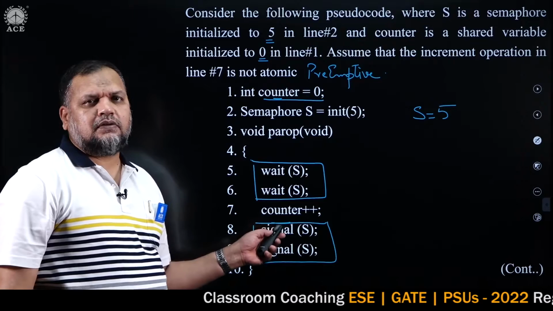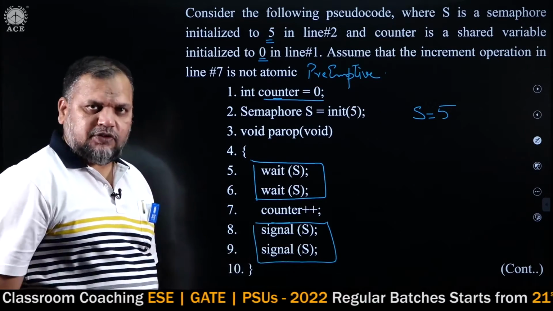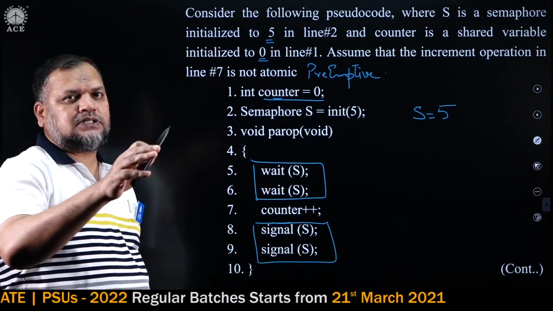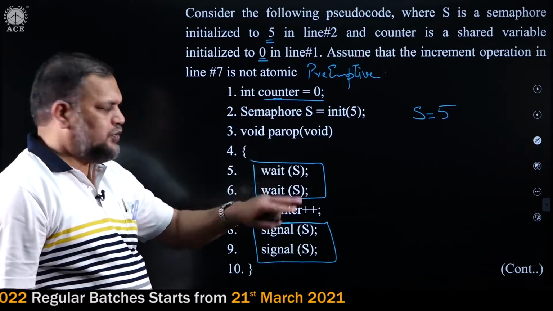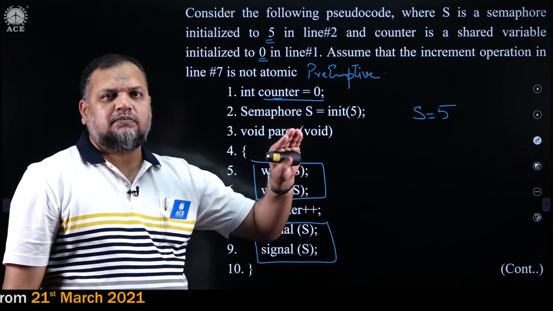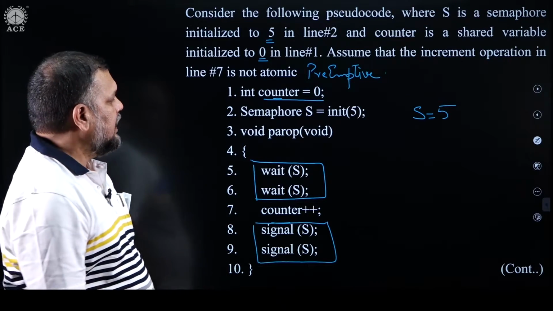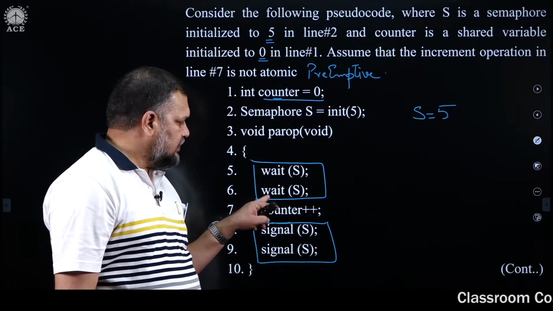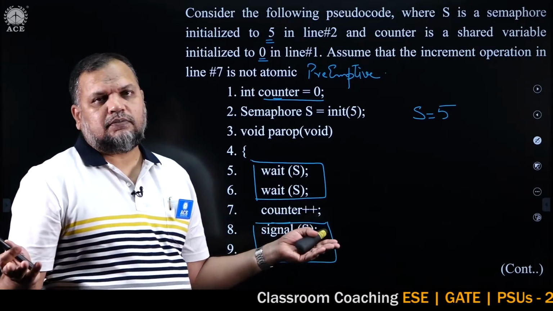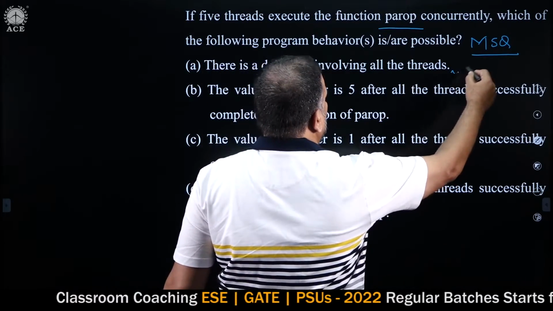So many times we have seen in our lectures the deadlock may happen with this, again I am demonstrating, please follow. If I start with P1 execute wait on S, success, value becomes 4, preempt, start P2 value becomes 3, preempt. So, if I allow every process to execute the first statement, now the value of S becomes 0 because all 5 processes have executed that. Then when I start the second wait, the processes will block. So, all processes can get blocked, deadlock can very well happen, we have proved that so many times in the classes. So, therefore, deadlock is possible.